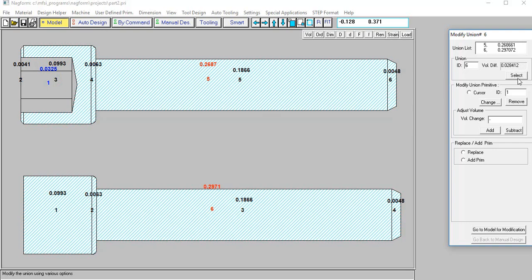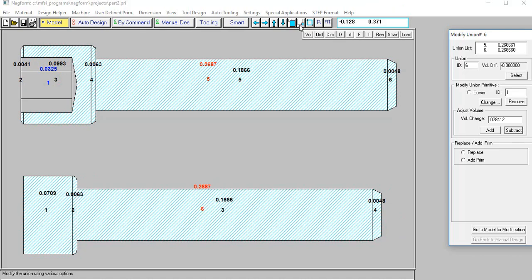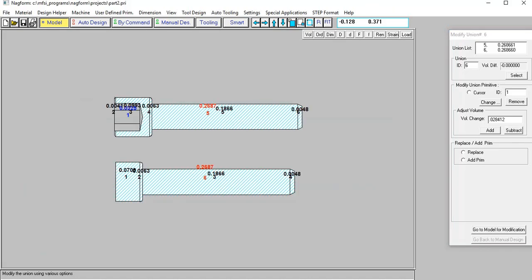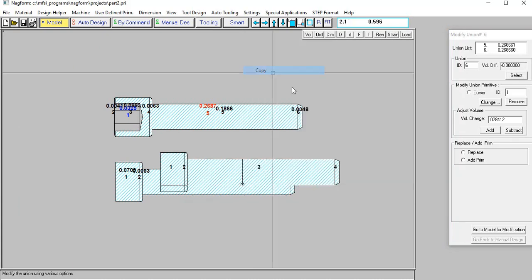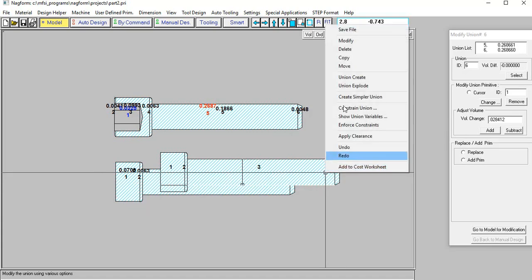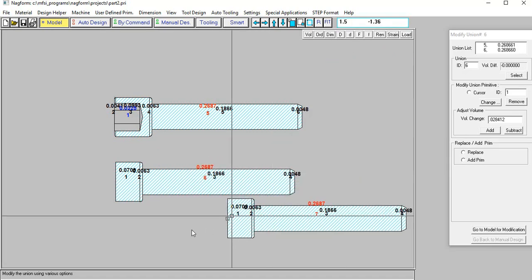That's the amount by which we have excess volume. So we're going to put that number and subtract it. When we subtract it, it's going to subtract it from primitive number 1, which is the primitive from which we want to subtract. So our volume now is the same. Our union is number 6. We are going to create a copy of it. Again, move that copy,